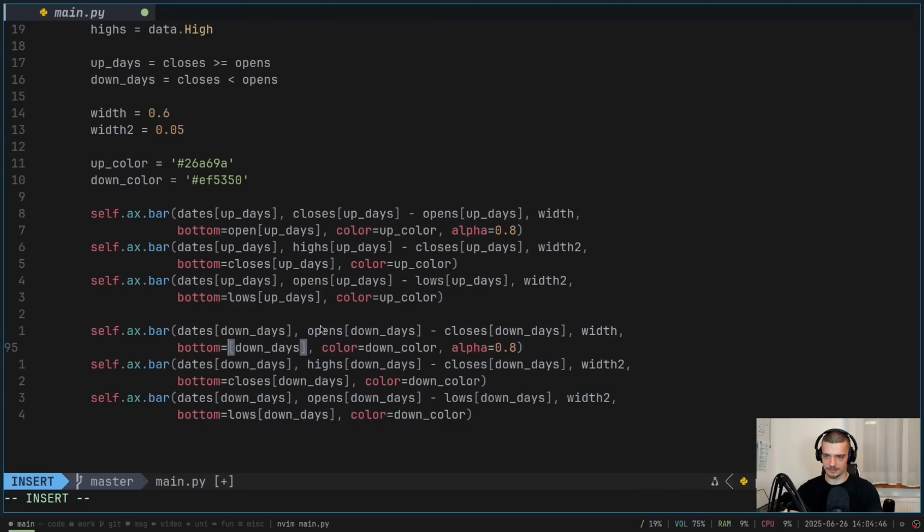And this is closes. Actually, we're missing an S here. Those closes, there you go. And we have a down color, that's great. And now here for the thin lines, we also need to make sure that we have high, but the high value is actually the open value. So we need to say here highs, open, and then